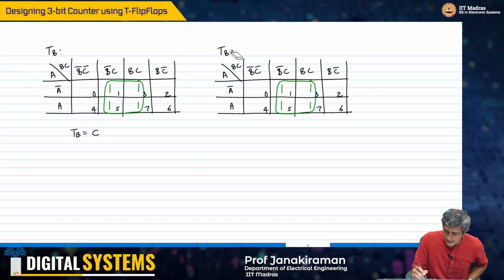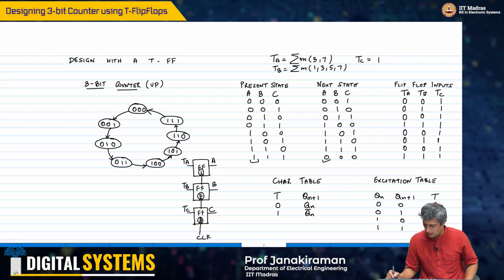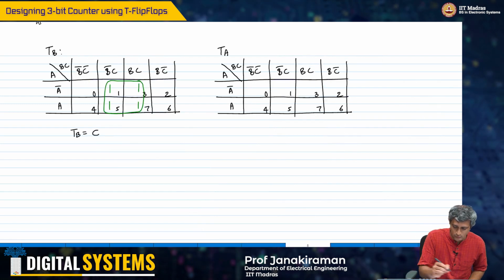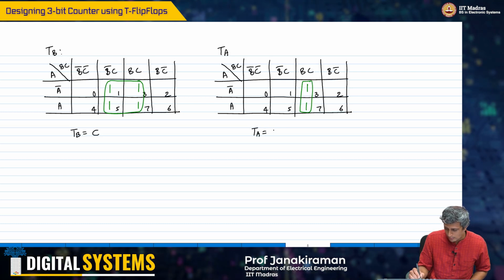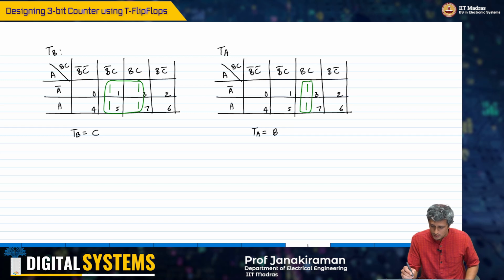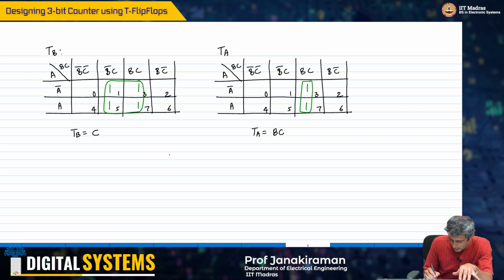For TA, I am now talking about TA is 3, 7. So therefore, I have this. So I am done here and I will get TA equals BC, okay. So effectively, if you look at the implementation of this whole thing,